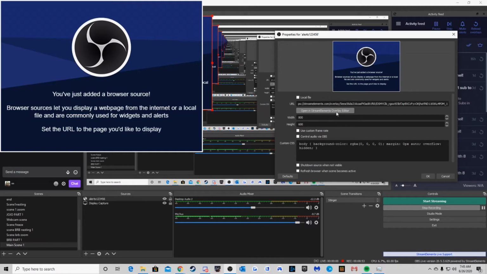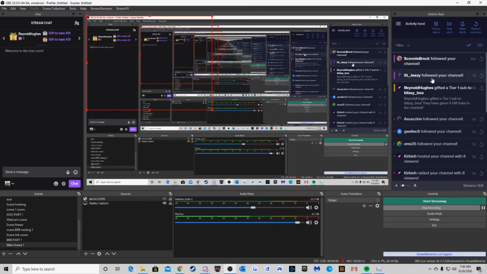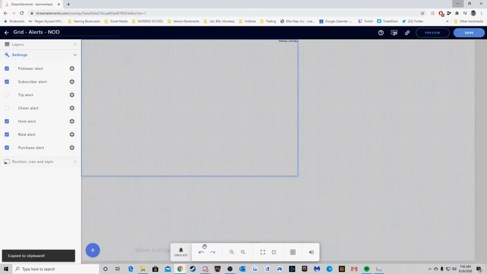You can also open it in the overlay editor as well. I usually set this 1920 by 1080. I delete all this. Hit OK. I'm not going to because I don't want to mess with that. And then yeah, if you want to test your alerts, you can go over to this little block if you already have stuff preset and hit this. It's not going to work because I don't have my alerts on this page. Or you can go back to your actual